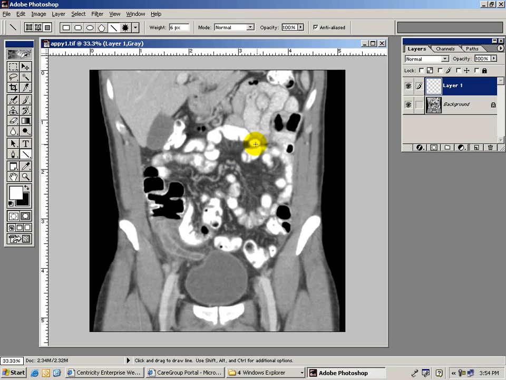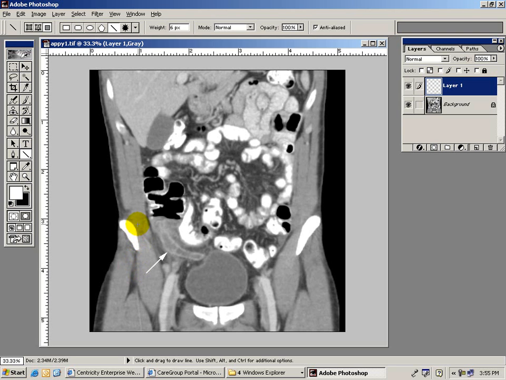You can also look at your foreground color right here, white. I want to have a white arrow. And now I'm ready to start. You want the tip of your arrow to be right at the beginning of the appendix. If you want a very straight line instead of a line that's a little bit offset like this, hold down the Shift key. It makes a nice straight arrow. And there we are. We're done.